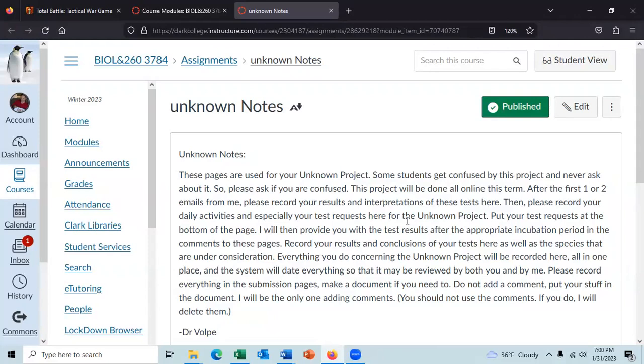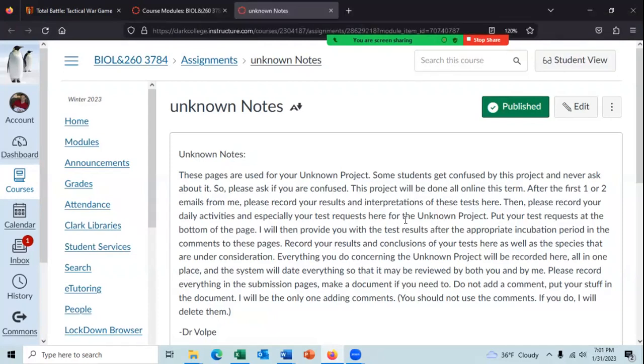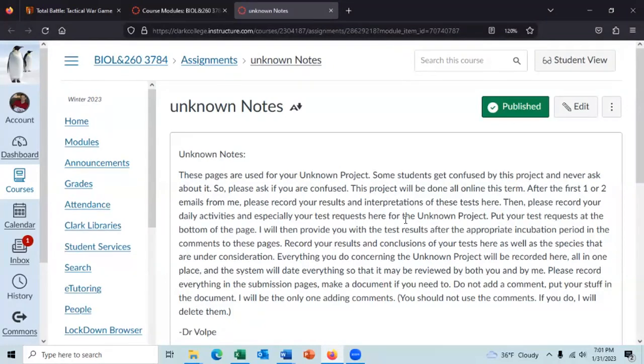And you should have references in your unknown report. And you should have a paragraph talking about the bacteria that you think your unknown bacteria is. And it just has to be one paragraph talking a little bit about the bacteria. Okay, the unknown notes page doesn't need any of that.